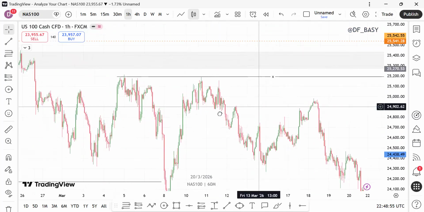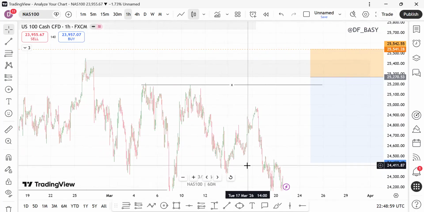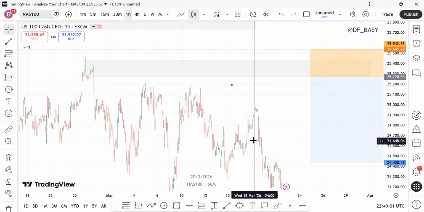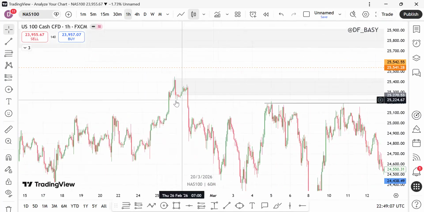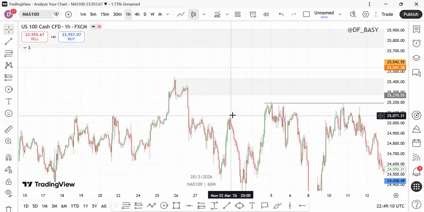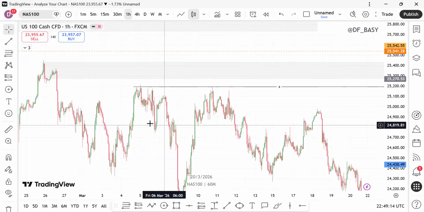Most times, trades where you set sell limits or buy limits are aggressive trades. So if you want to be more conservative and use confirmations for your trade, I break down to 1 hour. That's where most times I look for a change in state of delivery, right? I look for a change in state of delivery, or I look for mitigation of